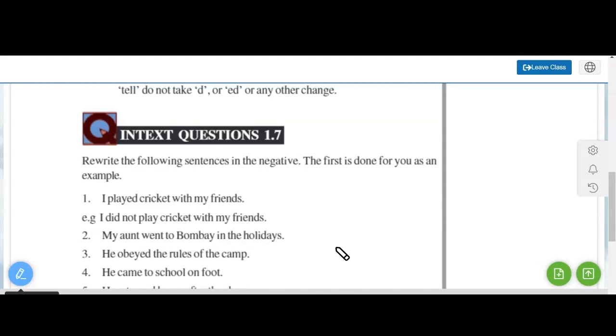So first one is in-text questions 1.7. Rewrite the following sentences in the negative. The first one is done for you. Let's check